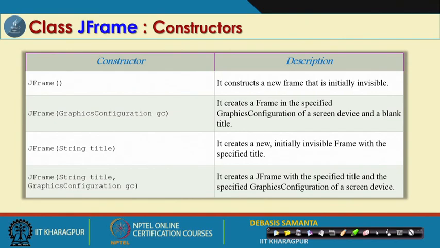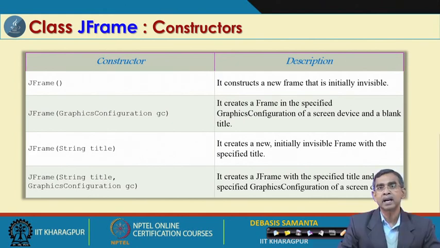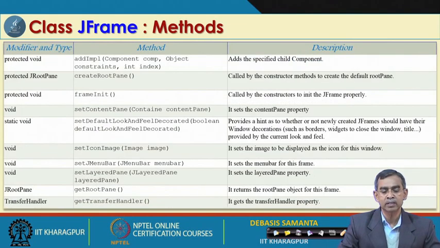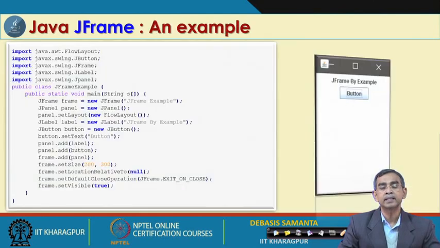So, there is a default constructor, and then some graphics can be added. Basically this graphics is for style, a frame can be with a different style, shading, color, background, all these things. The frame can be created using a title also, and both title and graphics configuration can be given. Frame can also be without any title like this one. So, these are the constructors that can be used in the program, and there are so many methods. Using these methods the information about a panel can be extracted, which can be utilized for controlling your program.